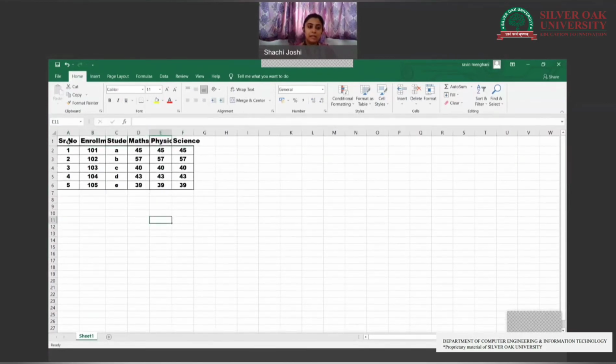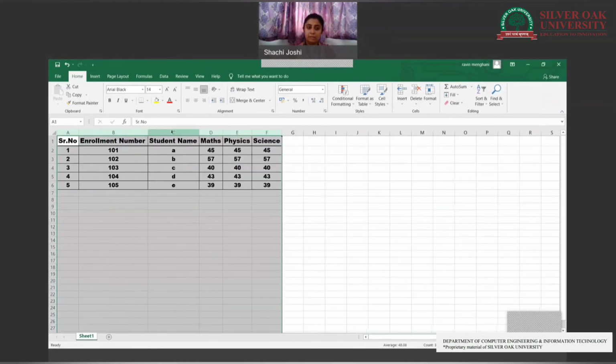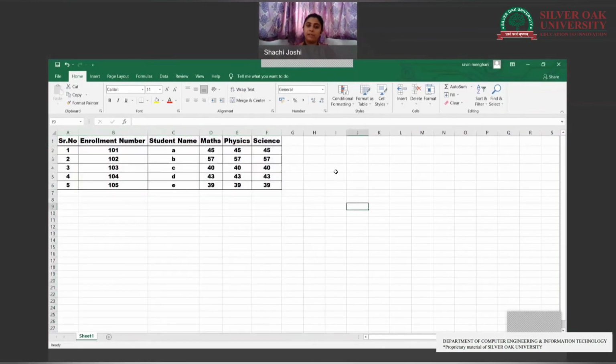Now you can see that the serial number fits exactly into the cell, but the enrollment number and student name do not. So select all these columns and double click where my cursor is, between the line of any 2 columns. It will fit into this.